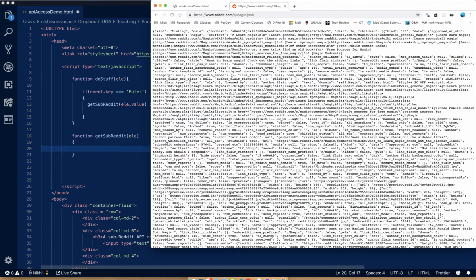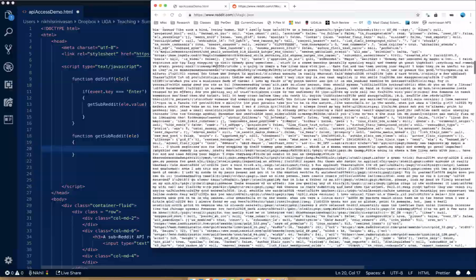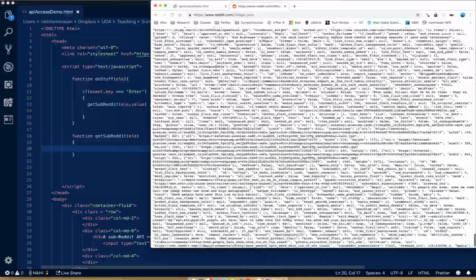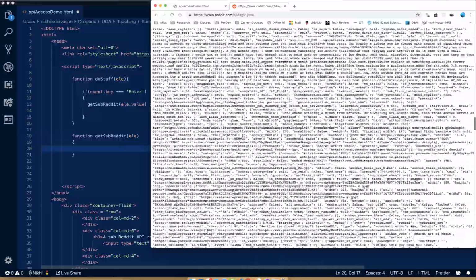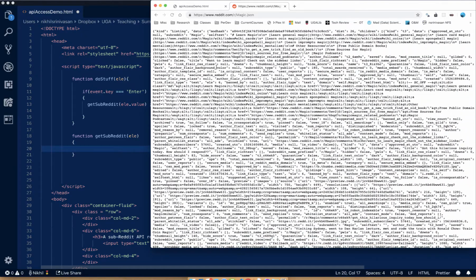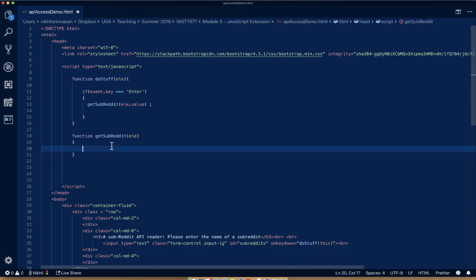I get the contents of that Reddit page as JSON, as structured text. What I will do is get this JSON down, parse through it, and pick up the pieces that I'm interested in. So really, to the element, what we're going to do is add .json, get the contents of the subreddit down, and then start parsing through the data. So to do that,